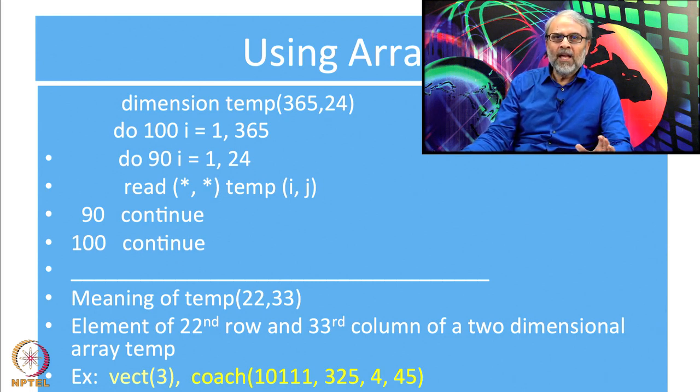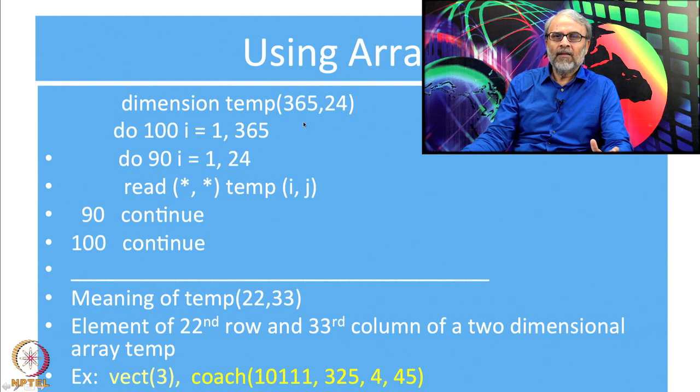So, remember, give names to your variables which have some sense to you from your chemistry or physics point of view. I have created an array temp which has 365 rows and 24 columns. The way it is referred to in the program is given below. I have already made the measurements throughout the year, measured the temperature for 24 hours a day, each hour once, 365 days.